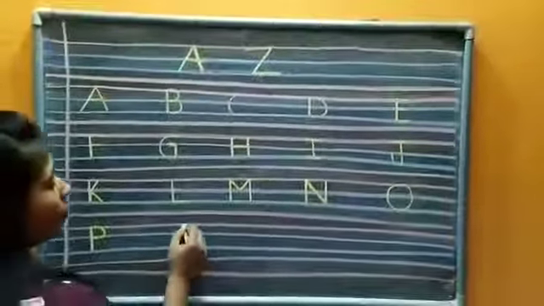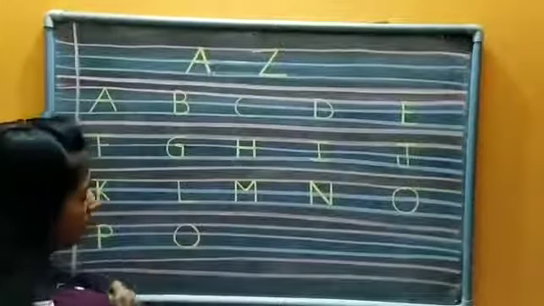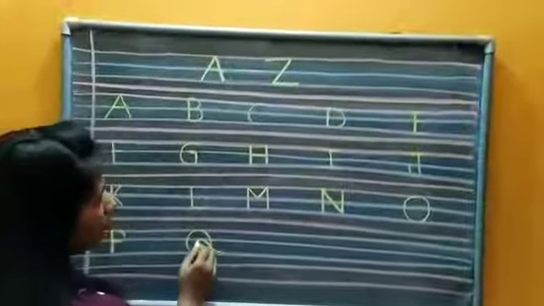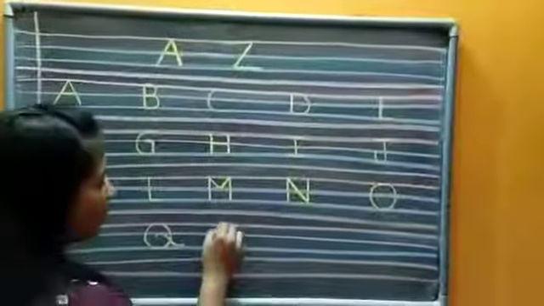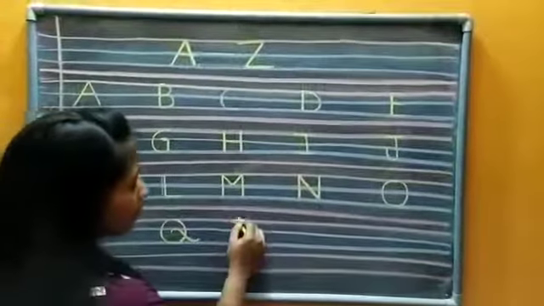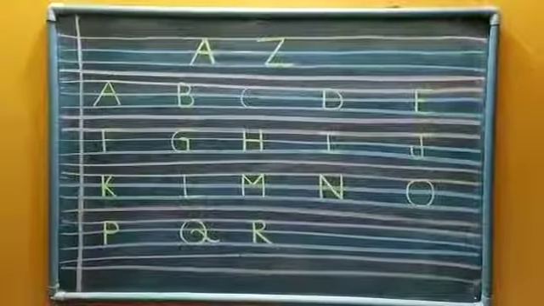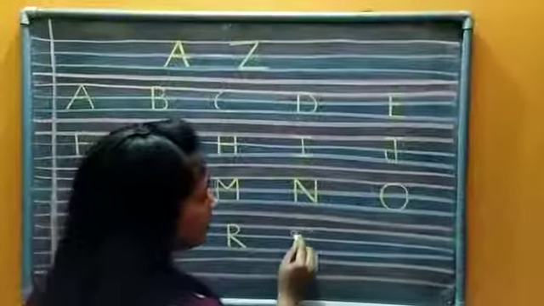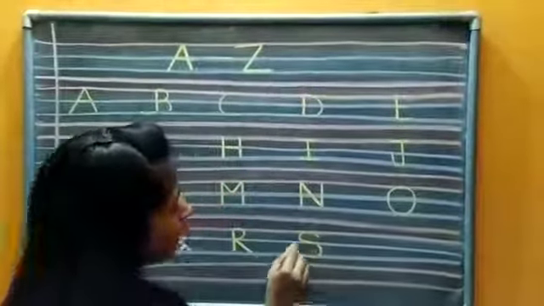Now the time to write Q. Make O, okay, and take out one line by curving it over here. It is Q. Now the time to write R. One standing line, put a curve and one slant from here. It is R. Now we have to write S. See, I am turning a curve like this. It is made of a curving line, S.